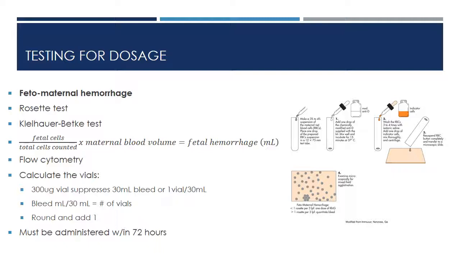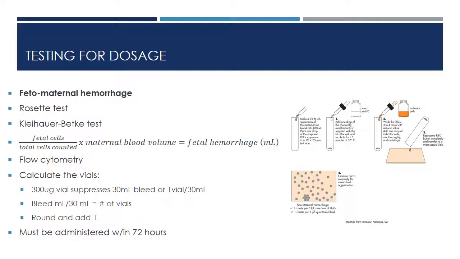And so you can see there your fetal cells divided by the total number of cells counted, multiplied by the maternal blood volume. So that's based on the total size of your mom. And that'll give you the size of the fetal maternal hemorrhage in milliliters